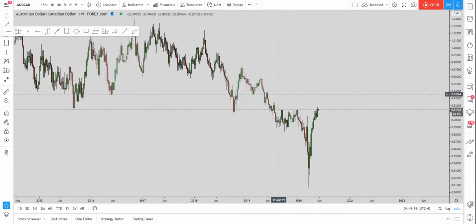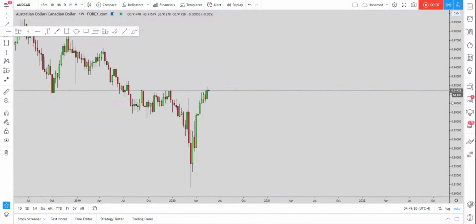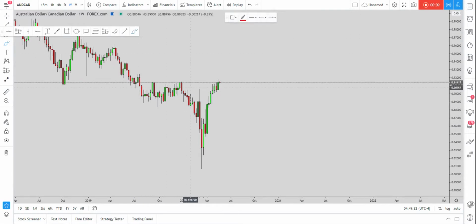Okay, so what kind of situation do we have at the moment on AUD CAD? Now let's start from the weekly time frame. What do we have on this pair? From a weekly perspective, we have a market that has created this overextended W formation, and after an overextended W formation, what do you expect is the market to make a move to the downside. So from the weekly time frame, we can already expect the market sooner or later to start a move to